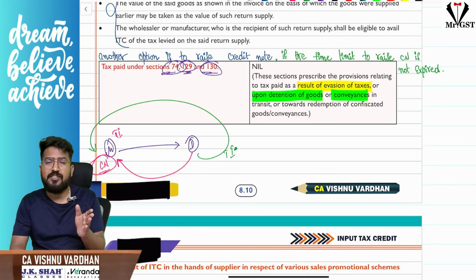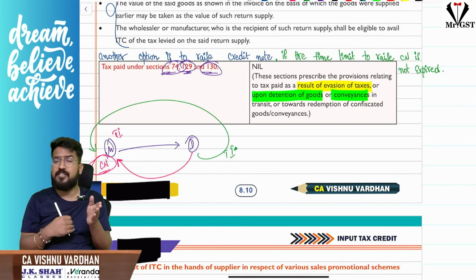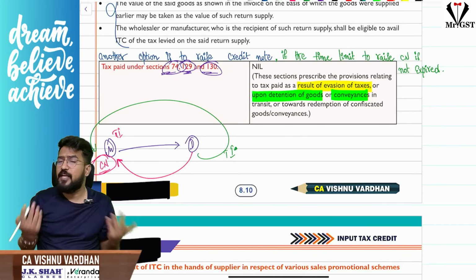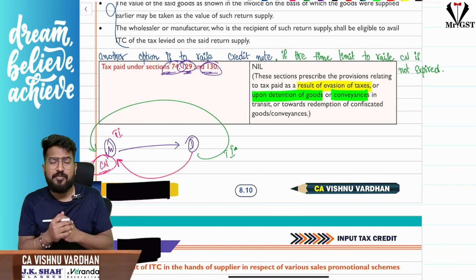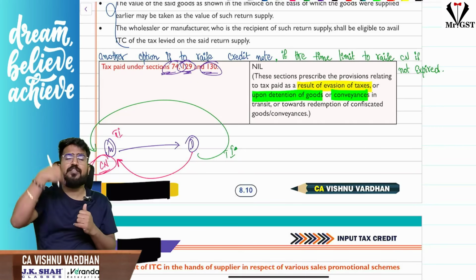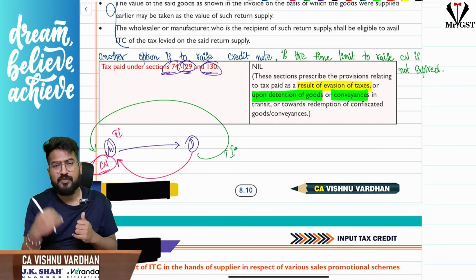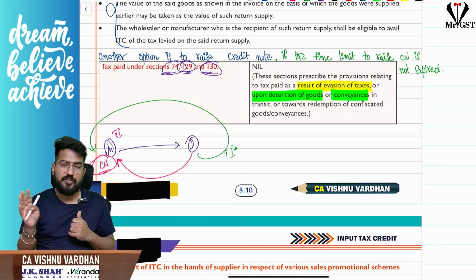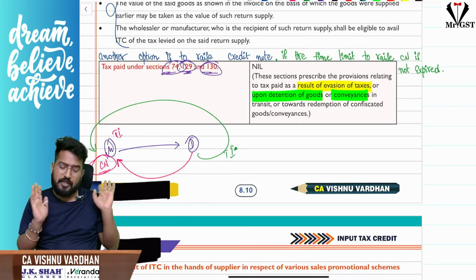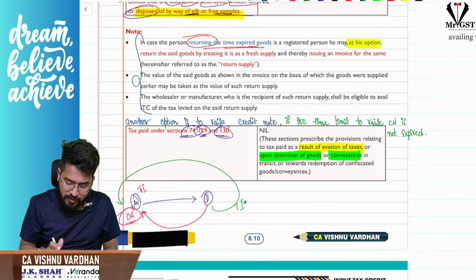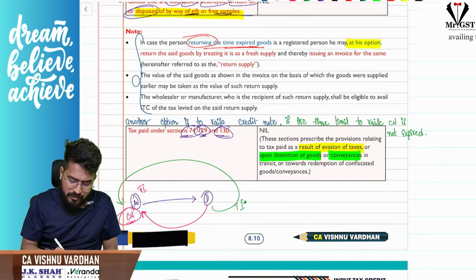So what can the manufacturer do? Because the goods he has sold have been returned by the customers, he will raise a credit note to the customer. If time is over, what option is available to him? Sir, the distributor should raise a fresh invoice on the manufacturer, and the manufacturer should pay GST to the distributor. The distributor will go and pay it to the government. That is the concept. Okay, so with this we are done with